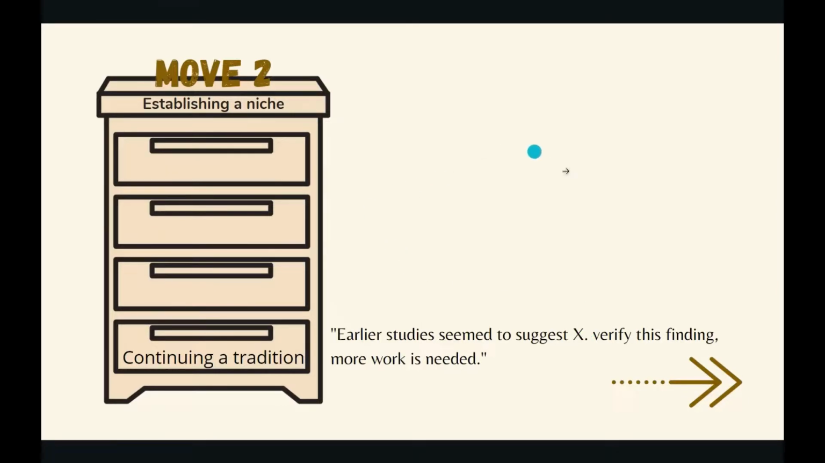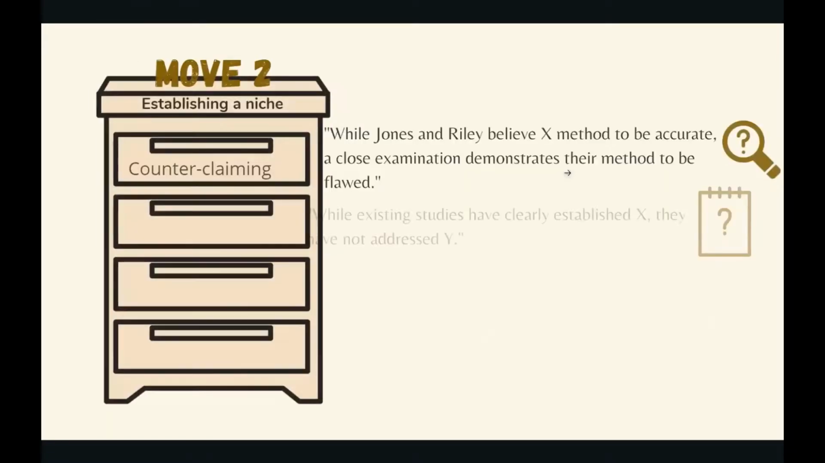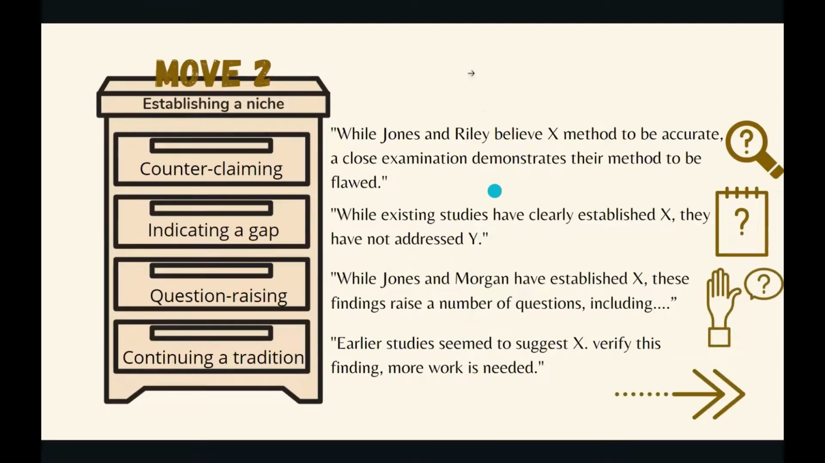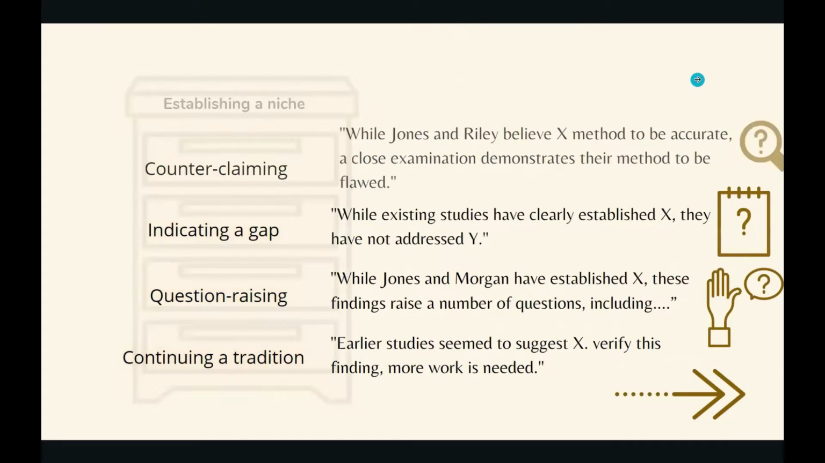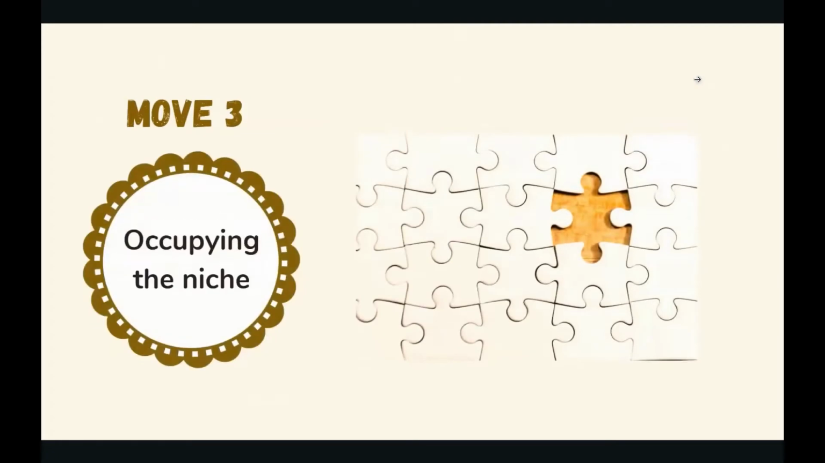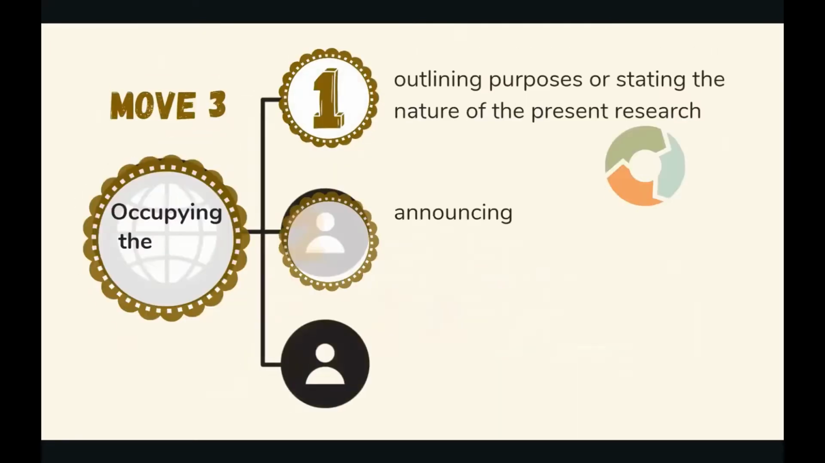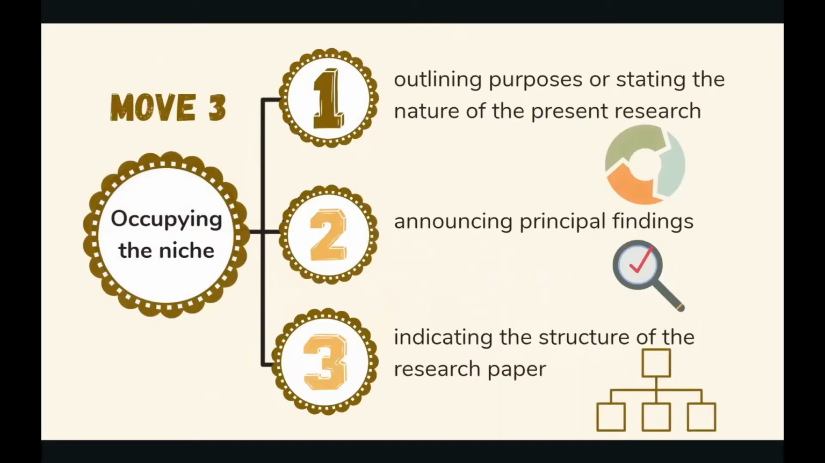So that's your move two, class. So just simply choose one of the four here: counterclaiming, indicating a gap, question raising, continuing a tradition. And we are now into the last move, which is occupying the niche. And this one is not really that complicated, class. So what you will do in move three is just simply